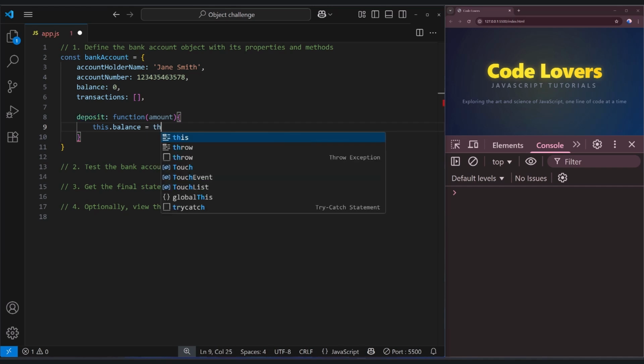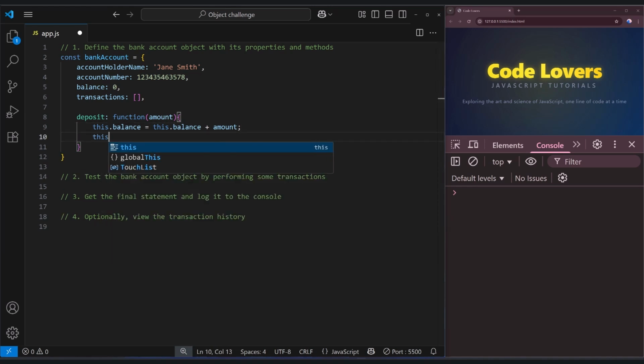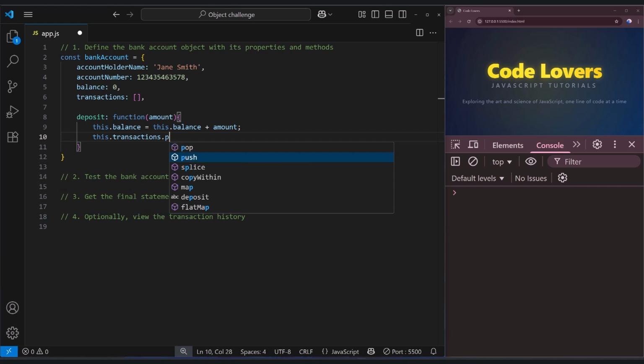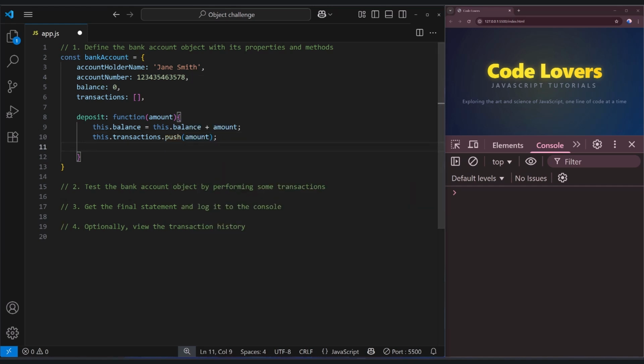equals this.balance plus amount; We can write this in a shorter way, but we keep this for simplicity. Next, this.transactions.push(amount); And next, console.log(`Deposit of ${